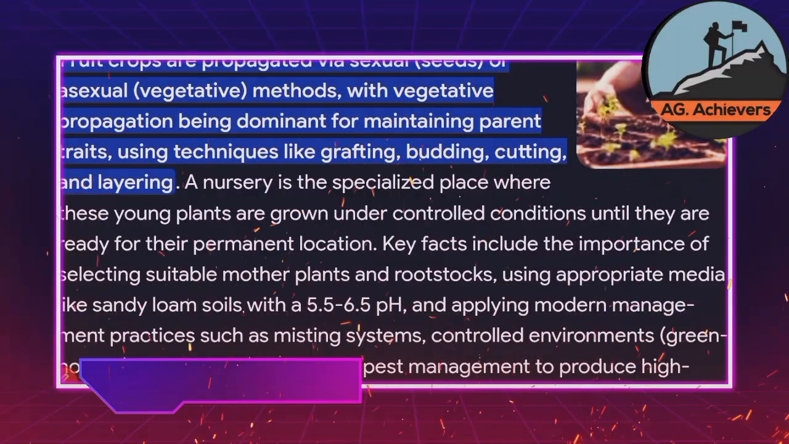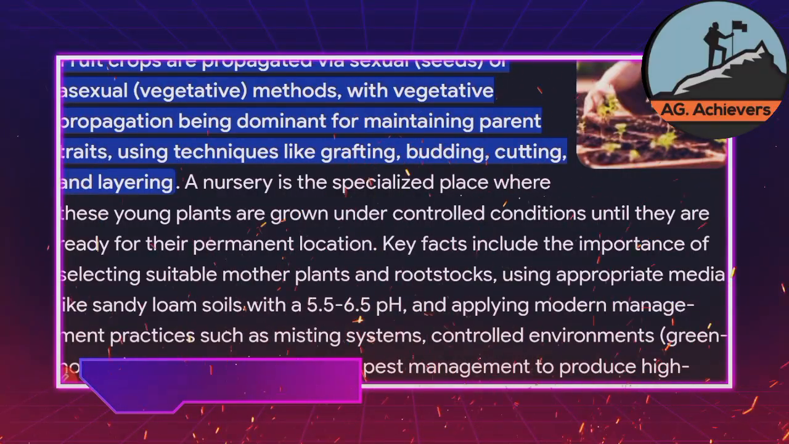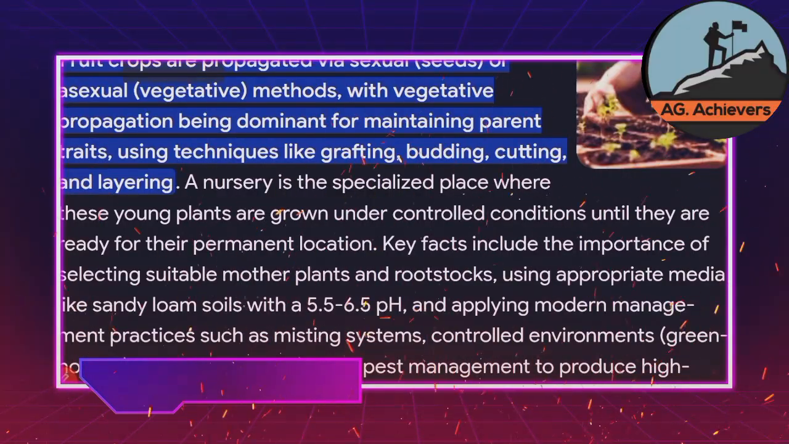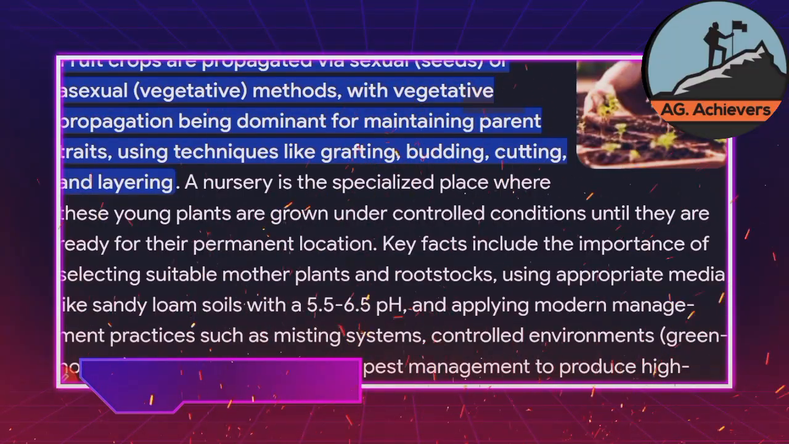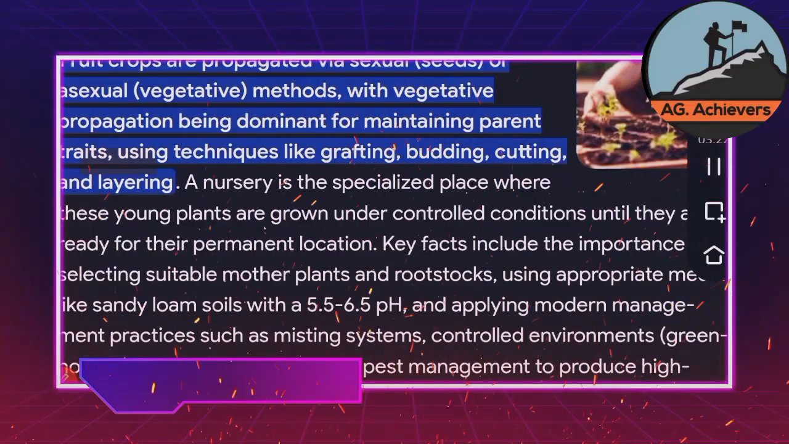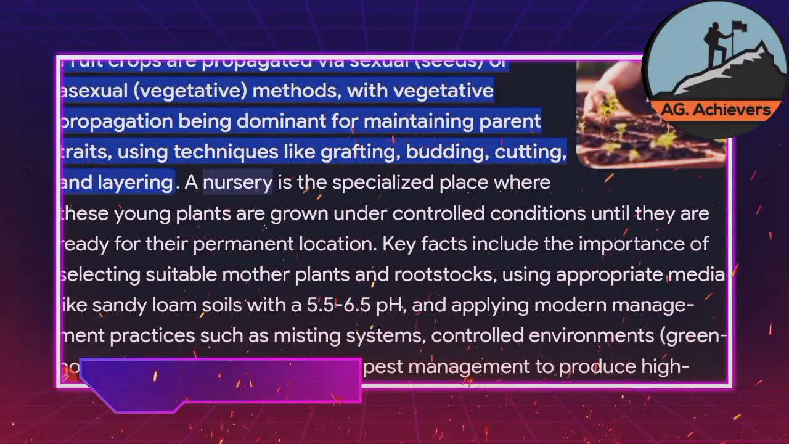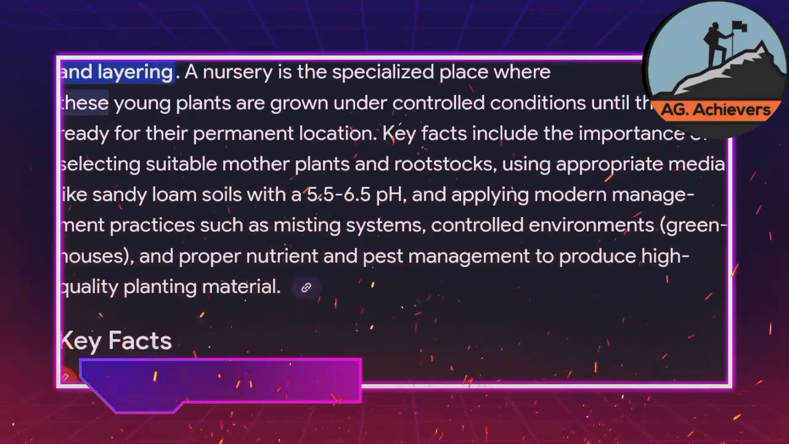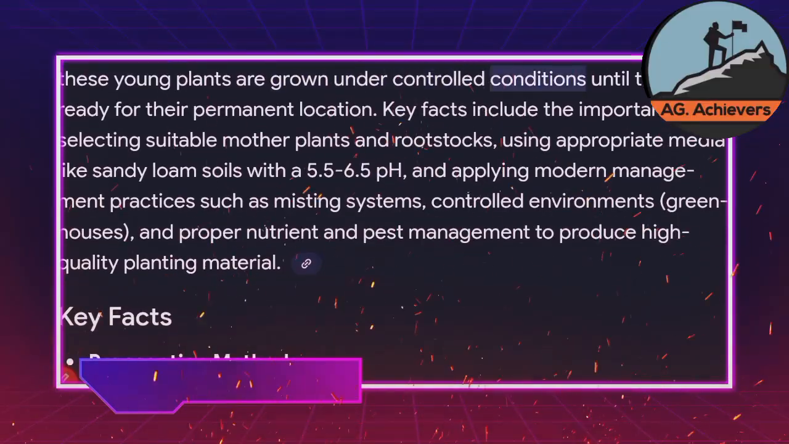Fruit crops are propagated via sexual, seeds, or asexual, vegetative, methods, with vegetative propagation being dominant for maintaining parent traits, using techniques like grafting, budding, cutting, and layering. A nursery is the specialized place where these young plants are grown under controlled conditions until they are ready for